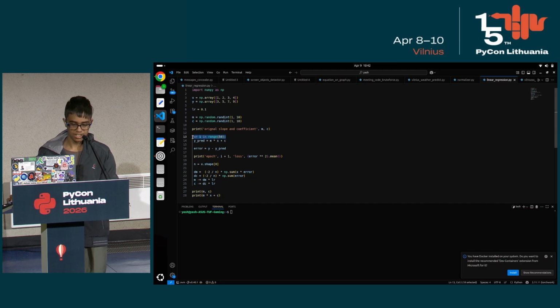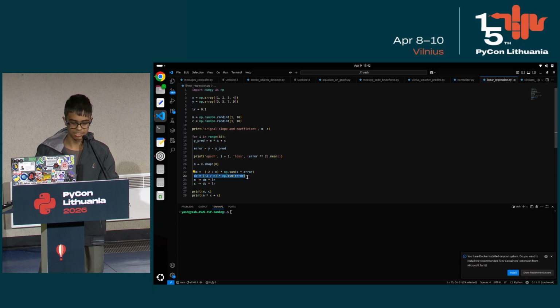And here I'm using the epochs as 50 times, and then here I'm getting the Y prediction, and after that here I get the error. And this is just to show how much the error is decreasing, how much the loss is decreasing, and what the epoch is. So here I've used the MSE loss algorithm so that we turn that error into a scalar average loss. And here I'm getting the size of the array, and this is the formula to calculate the gradient of M, and this is the formula of calculating the gradient of bias,